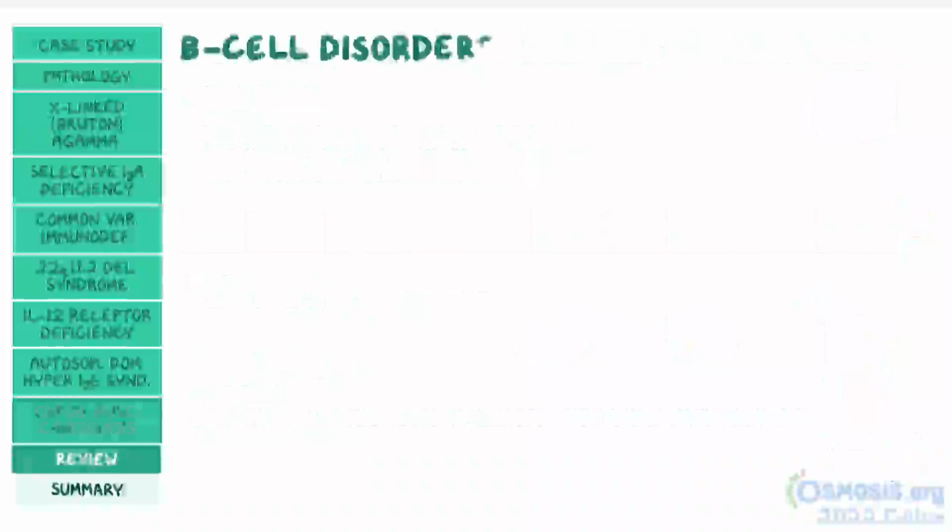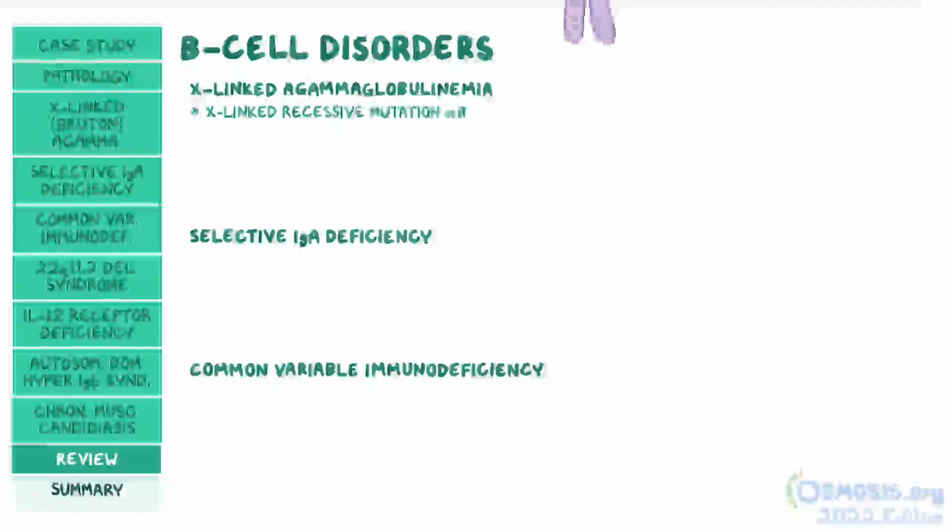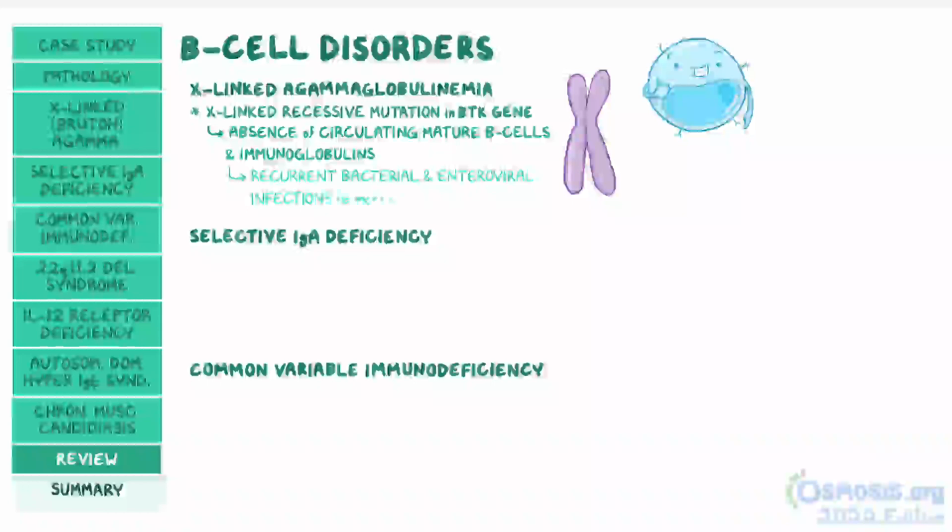Alright, as a quick recap, B-cell disorders include X-linked agammaglobulinemia, selective IgA deficiency, and common variable immunodeficiency. X-linked agammaglobulinemia is caused by an X-linked recessive mutation in the BTK gene, which results in the absence of circulating mature B cells and immunoglobulins, leading to recurrent bacterial and enteroviral infections after 6 months of age and lymphoid